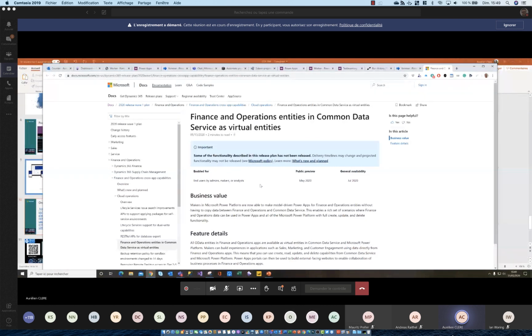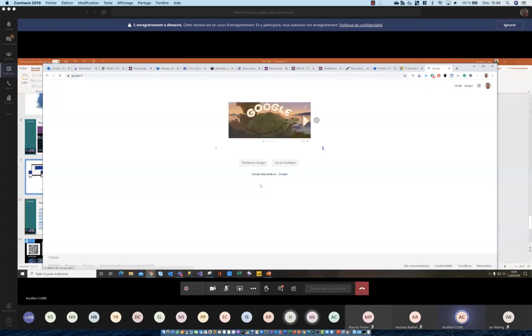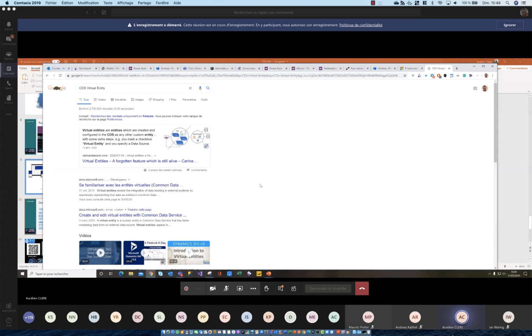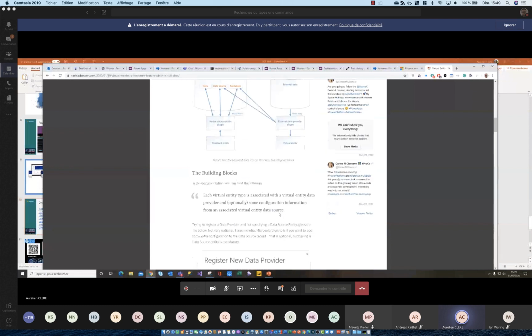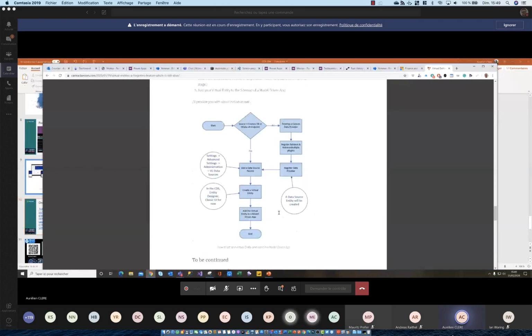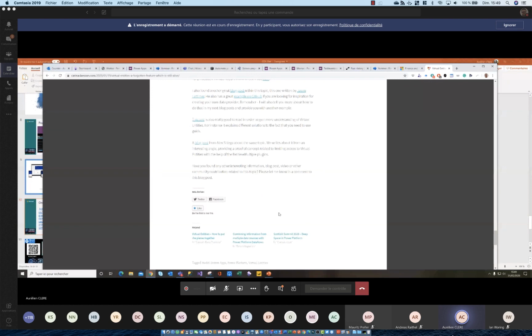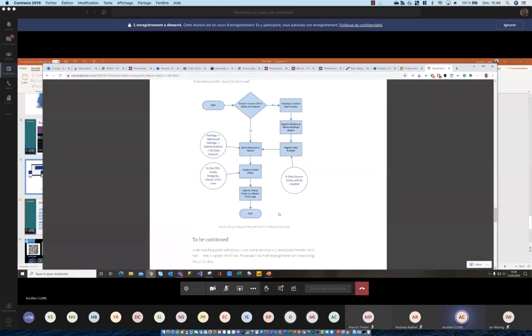But my main goal for you is really to be careful of which tool you will have to use. I had some questions. It's a good way to go to CDS dual write because we will have this new feature without this configuration. But virtual entities, I just had a look, and you have a lot of limitations behind virtual entities in CDS. I think the major one is that the CDS virtual entity is read-only only.